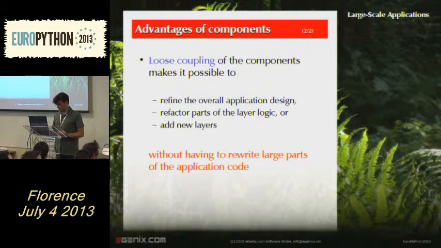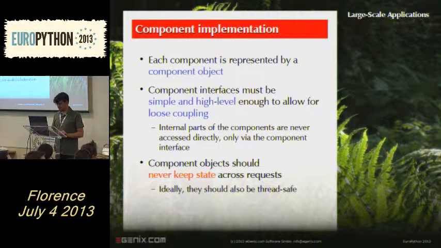Right, loose coupling I already mentioned, so I'm going to skip this. So how does the implementation actually look? What we usually do is we just put the whole component into an object. So we define a class, we have a single object implementing that component, and then the component provides all the facilities. It provides an API, and the API is then used for loose coupling. So whenever you want something from that component, you only use the API. You never go directly into the component. And that's very important to do.